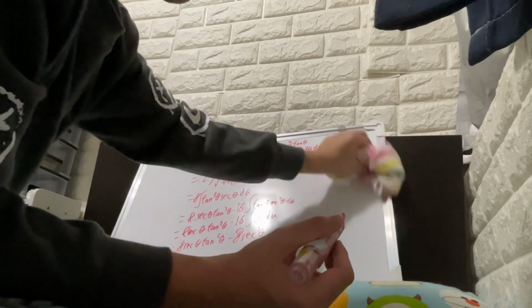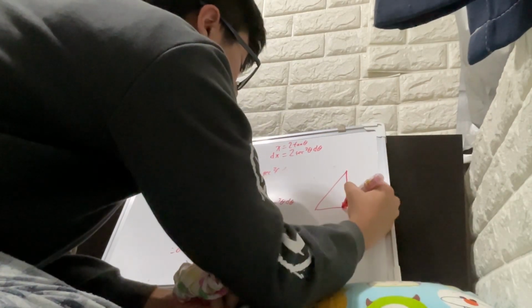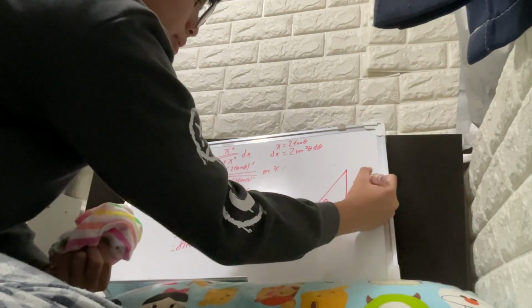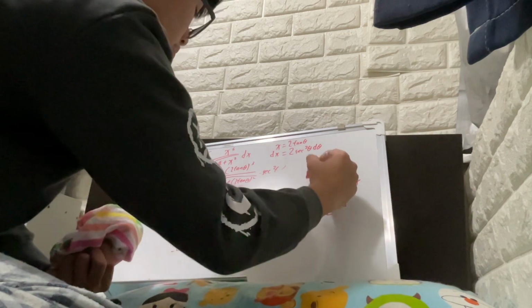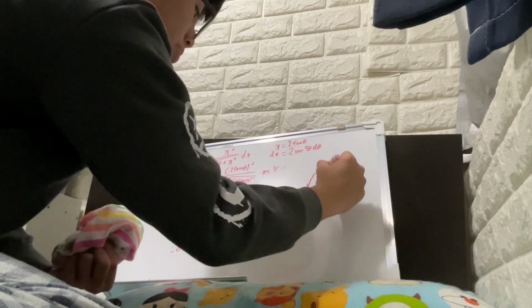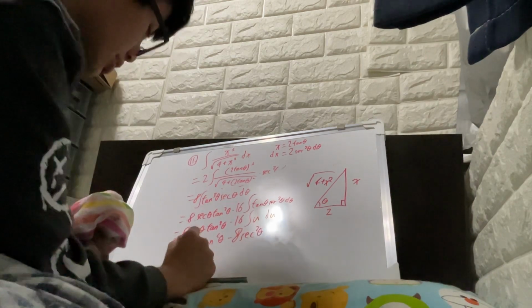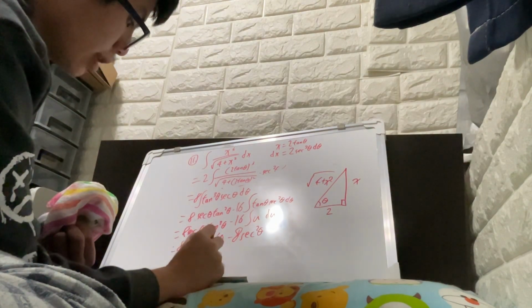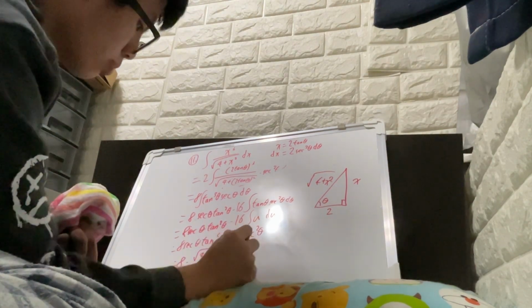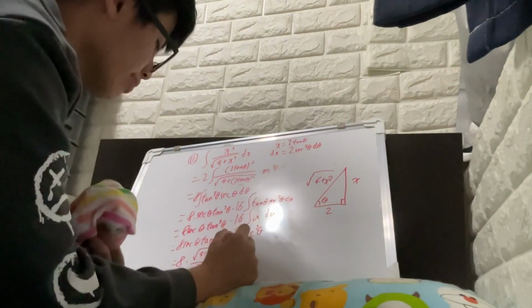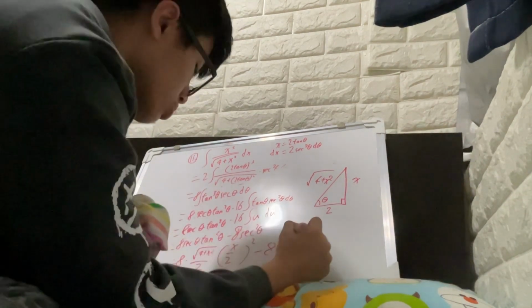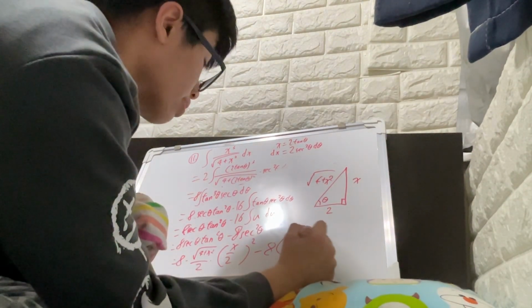Finally, we're going to draw a right triangle, and then angle theta here, and then tangent theta is equal to x over 2, opposite over adjacent, and then the hypotenuse is square root of 4 plus x squared. And then secant theta is hypotenuse over adjacent, multiplied by, put the parentheses here, tangent theta, x over 2, square that, minus a times secant theta, square root of 4 plus x squared over 2,